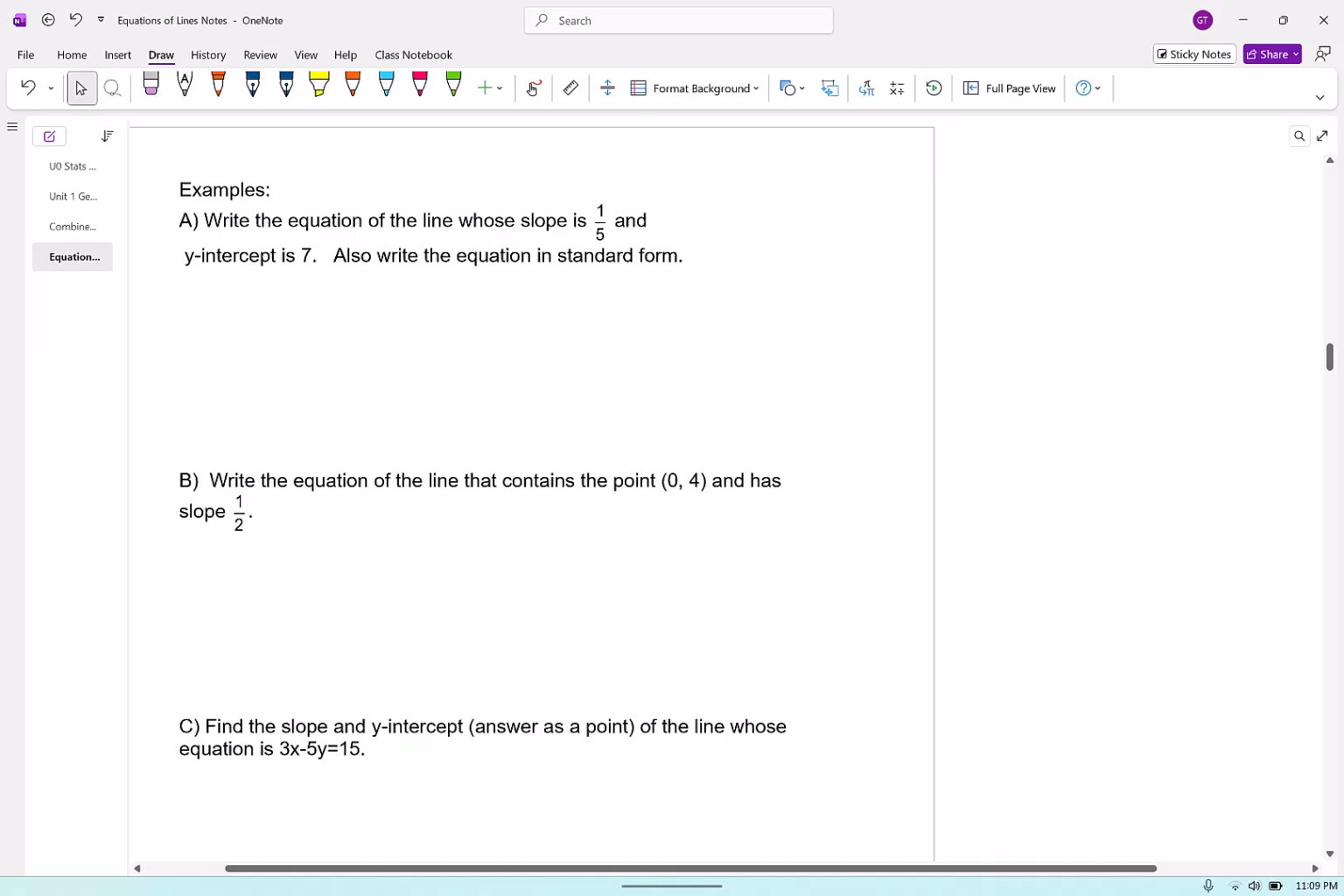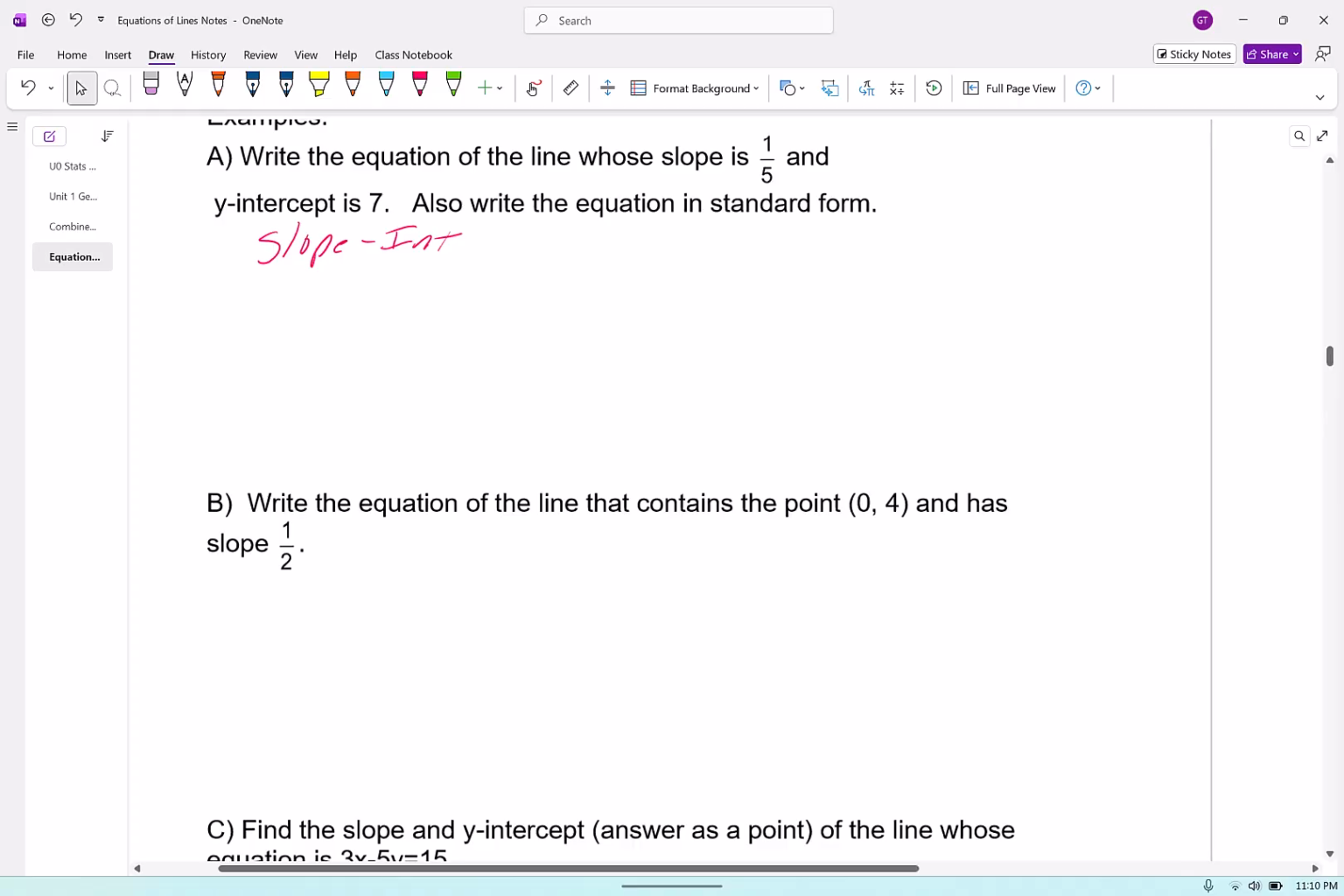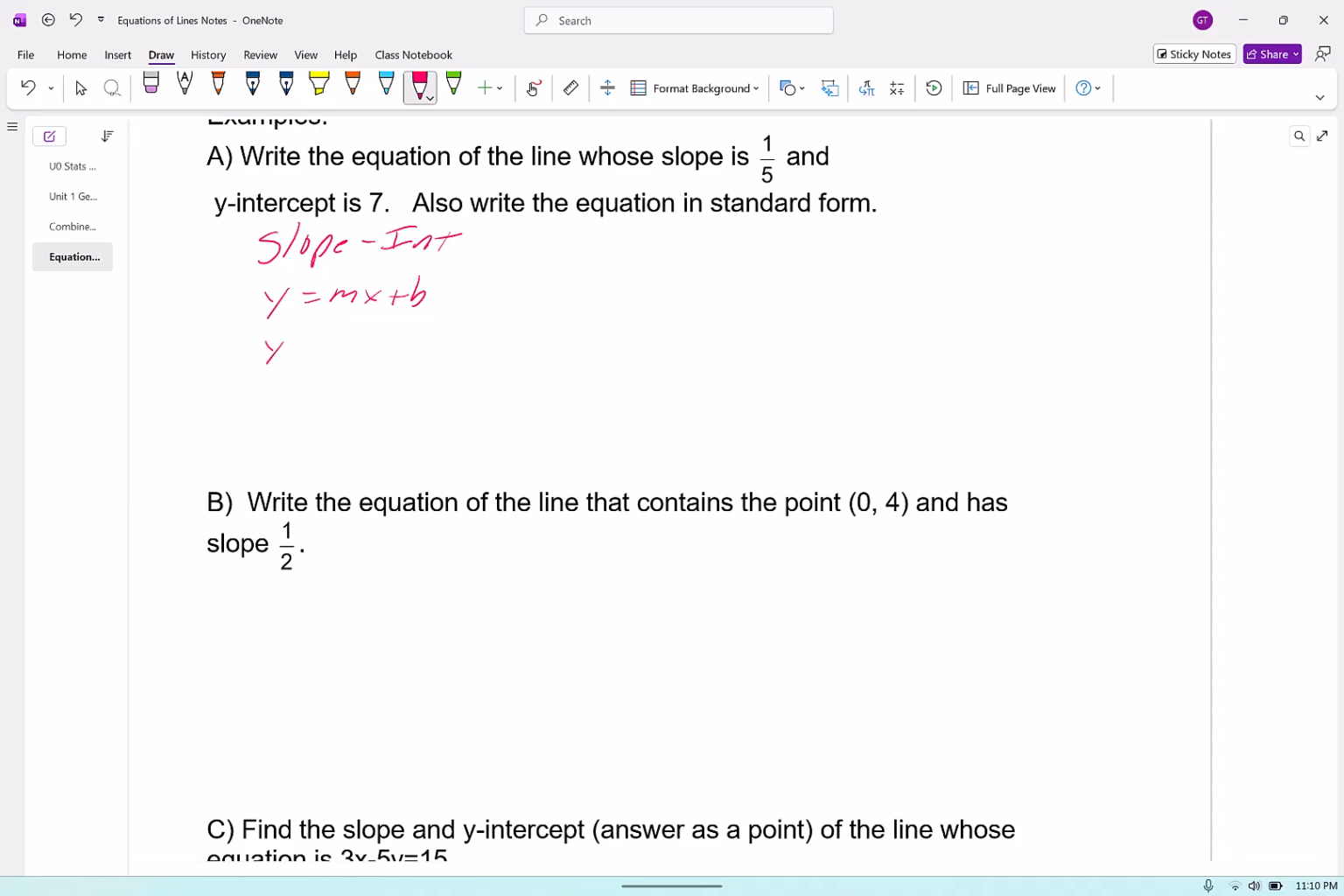Looking at this, it says write the equation for a line whose slope is 1/5 and y-intercept is 7. Also write the equation in standard form. I'm given a slope, I'm given a y-intercept, so I'm going to use the slope-intercept form because I got everything that I need for it right now. And so again, that is y equals mx plus b. So I'm going to have y equals 1/5 x plus 7. So that is my